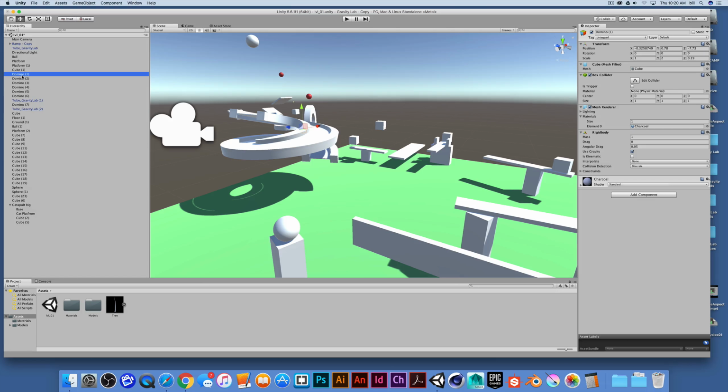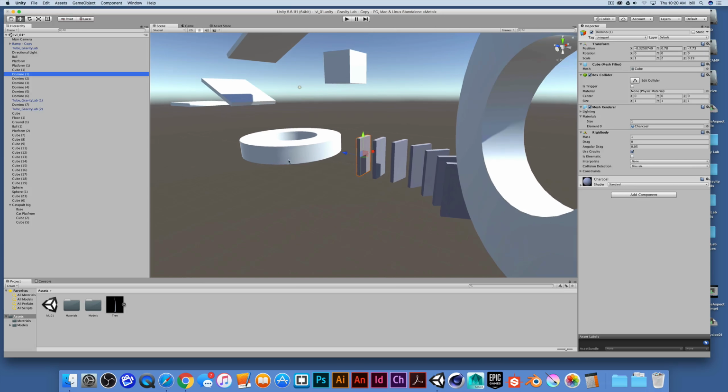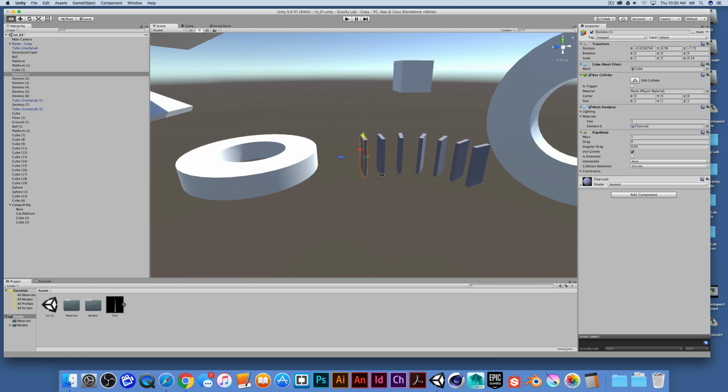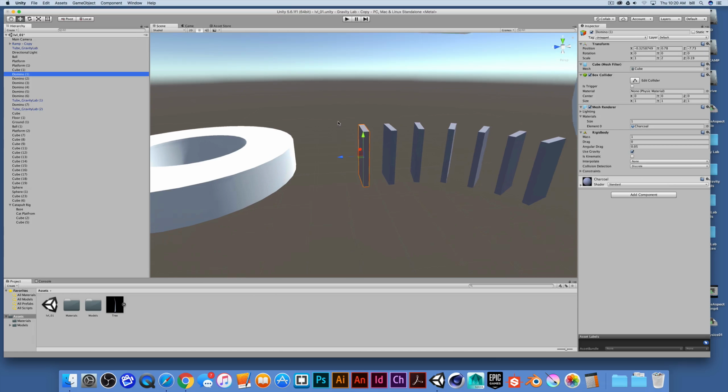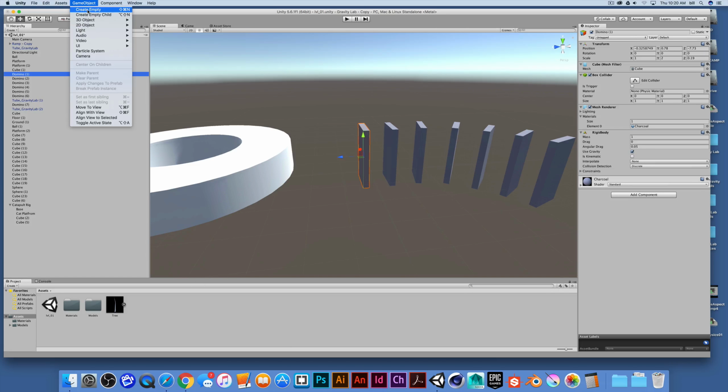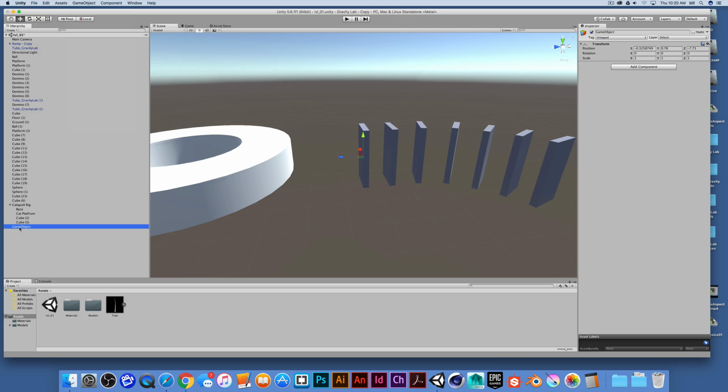Let's say I want to group all the dominoes in this scene together. I'll just double click on one of the dominoes to get a more appropriate view. I'll zoom out just a little bit. Go to game object, create empty. That makes this empty game object at the bottom of the list. I'm going to name it dominoes. Dominoes, there we go. Now I could drag all these objects down here, or I could take the dominoes and